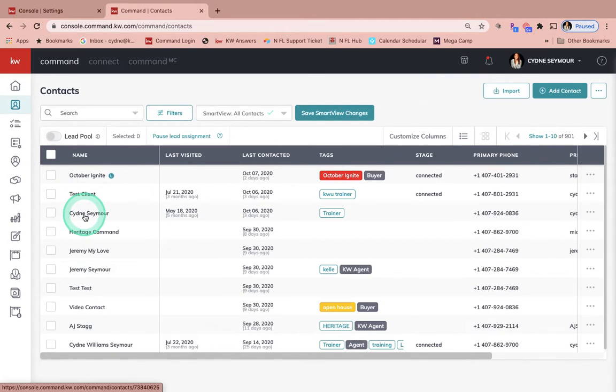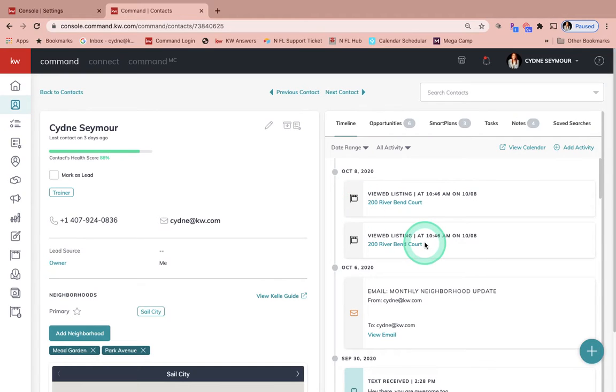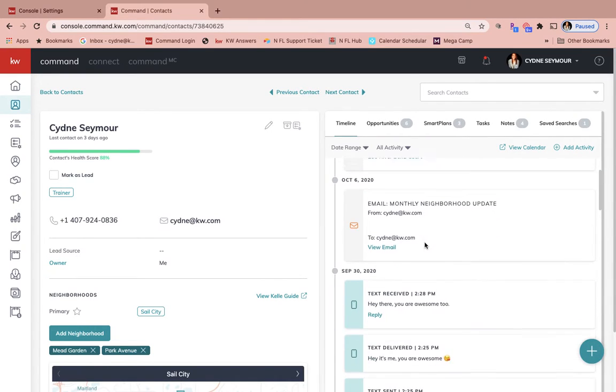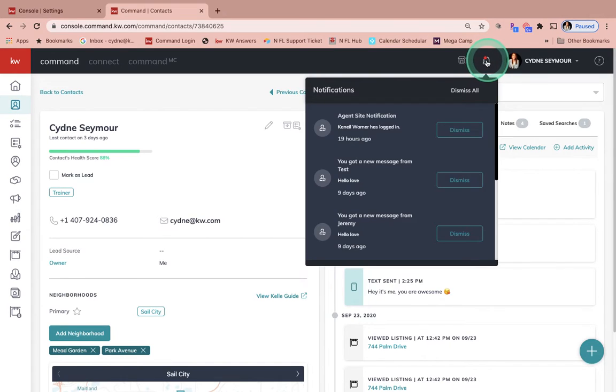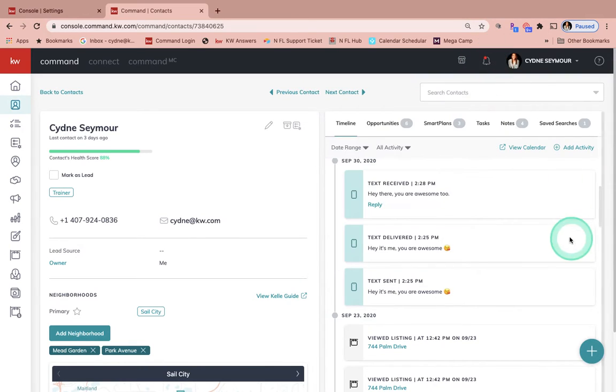Now, let's talk about how you get notified and what that looks like when somebody is texting you back. So I'll go into myself as a contact here because I did a test previous. You will get an alert through your Kelly app, which again, think of that as almost your Command app. So you will get an instant alert whenever somebody responds to the text that you have sent out. You will also see that you have a bell notification up here in Command, and you'll see the alerts right here. And then you'll also be able to see everything, all of the alerts right here under the timeline of the